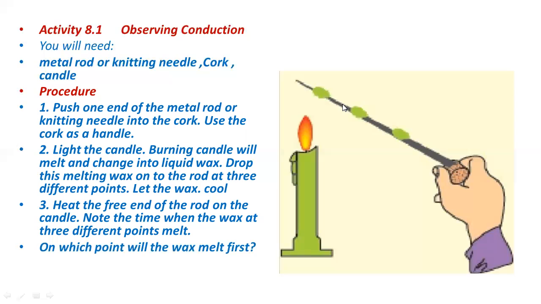Then they will collide with the other particles and transfer heat to them. Then this wax will start melting. Then the same will happen to these particles. Their kinetic energy will increase, and then they will start vibrating, and then they collide with the particles at this side, and in this way all the particles in the knitting needle, due to the heat of the candle,